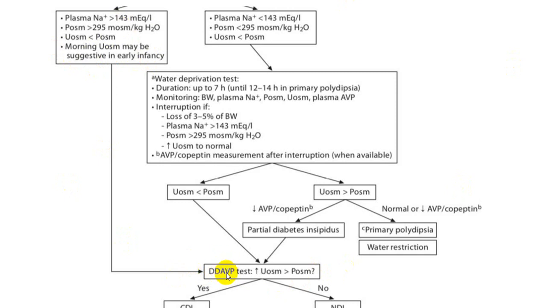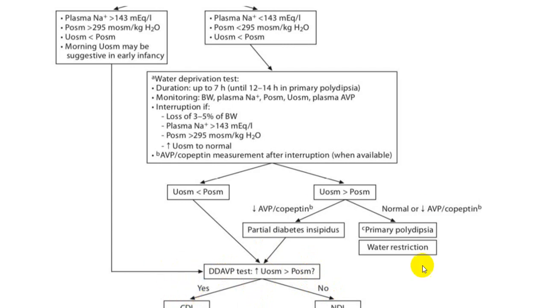As soon as you give desmopressin, urine osmolality will increase and it will become more than plasma osmolality. So that is suggestive, meaning when you give an ADH hormone from outside, that is desmopressin, urine will start getting concentrated because water is reabsorbed, as ADH hormone will now have an effect on the kidney, and plasma osmolality will reduce while urine osmolality will start increasing. So urine osmolality will become more than plasma osmolality. It is in favor of straightforward central diabetes insipidus.